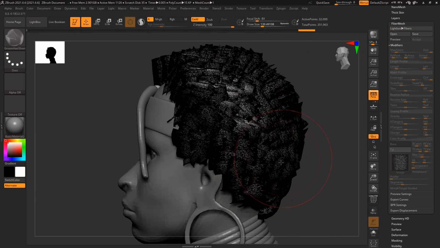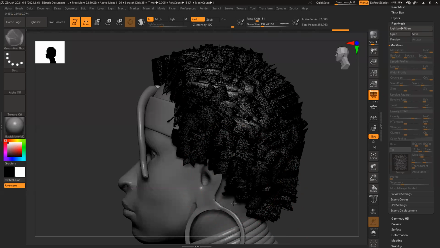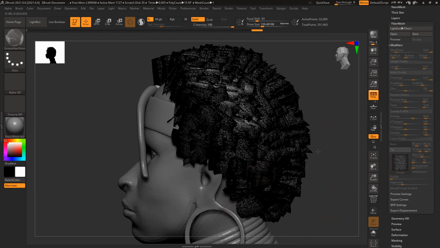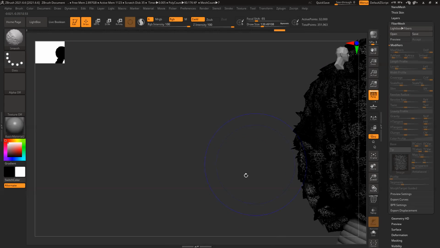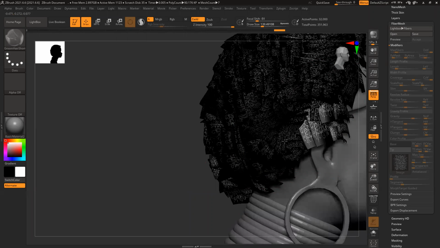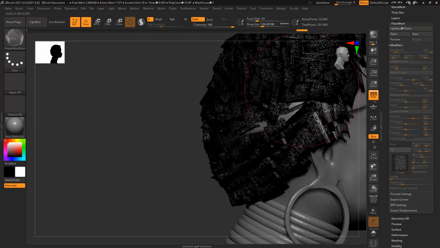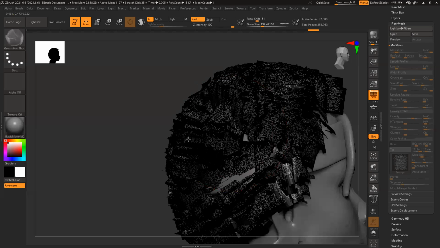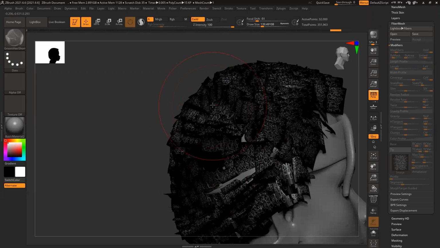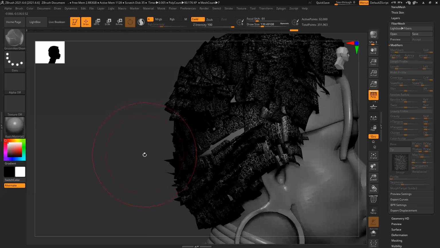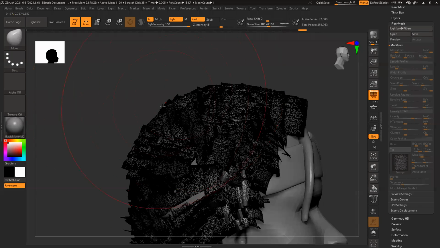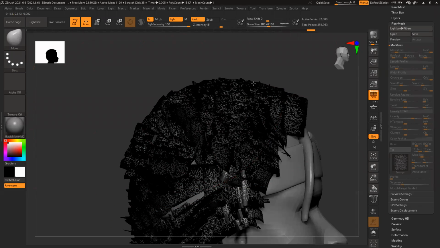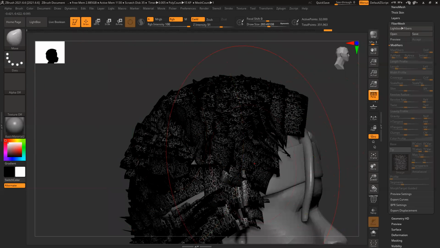If you want, you can use symmetry also here. Symmetry also works with this. DMP, move brush, control it, it will be around the volume of hair. And no matter what you do, the root won't change.